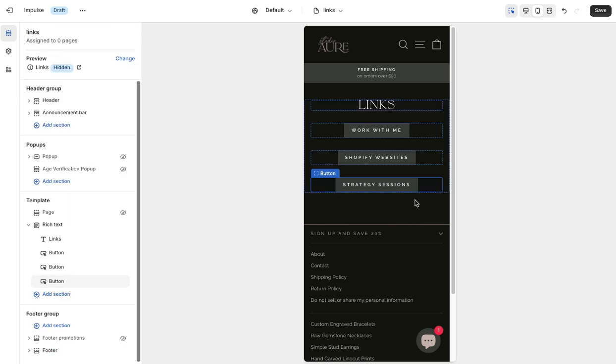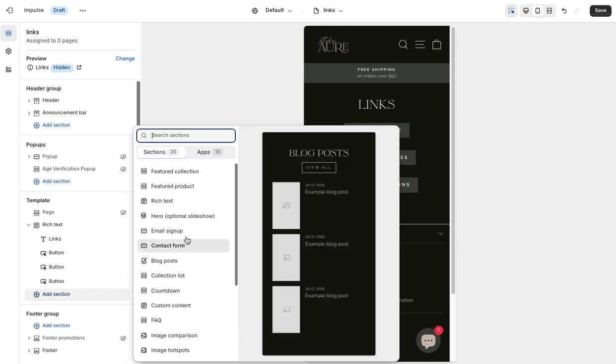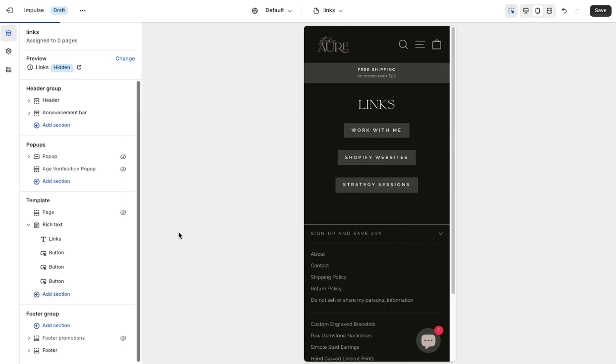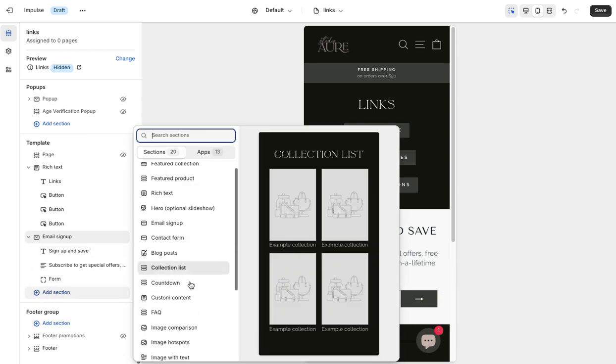All right, so that's enough for now. I will probably come back in and add some more, but just to kind of keep things short, I'm just going to add those 3 for now. So the next thing I'm going to show you is just adding some other things. Like we could just hit add section, and then maybe I want to add my email sign up. So I could just click email sign up. Obviously I would need to edit that a little bit. I can also add